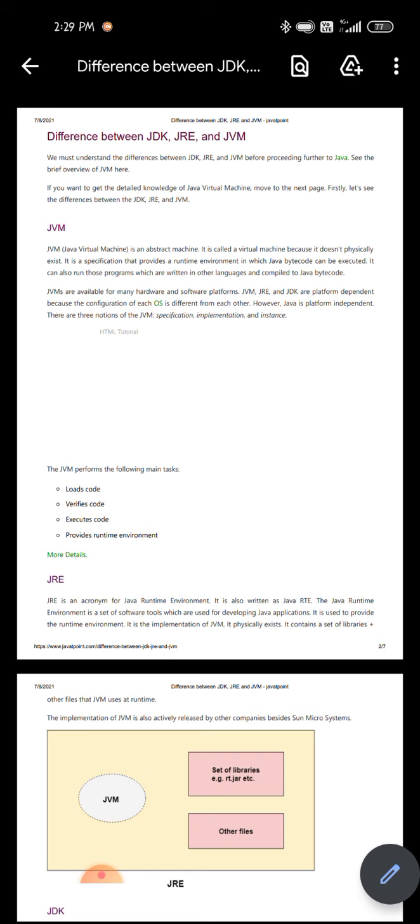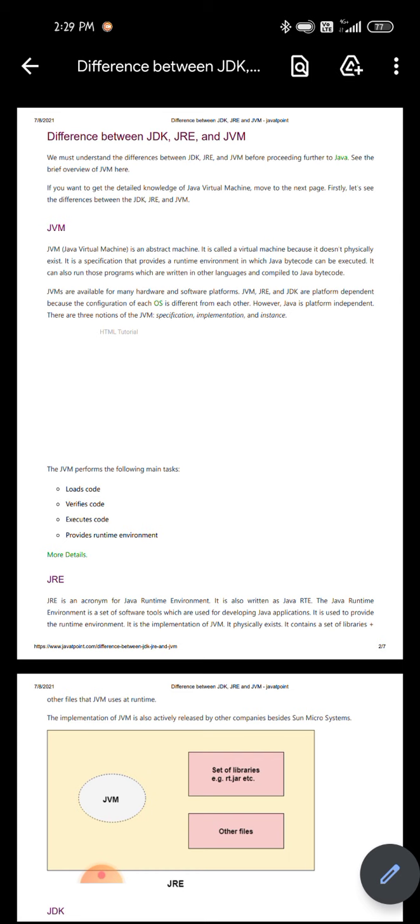In this video, we will talk about the differences between JVM, JRE and JDK. First, let's check what they actually mean. The JVM is the Java Virtual Machine.